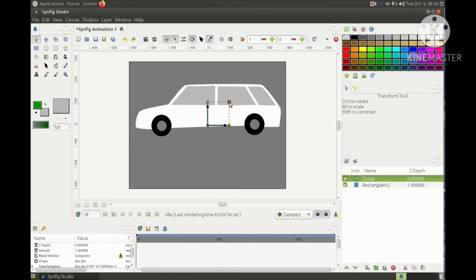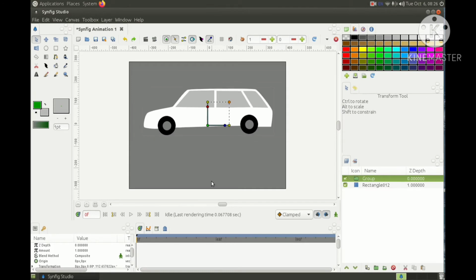Now while creating a car, 2 to 3 points you have to take care. First, your car must be created in the center part at this 0 point and at this 0 point. Why? Because afterward we will be using this same car for running it on a specified path.